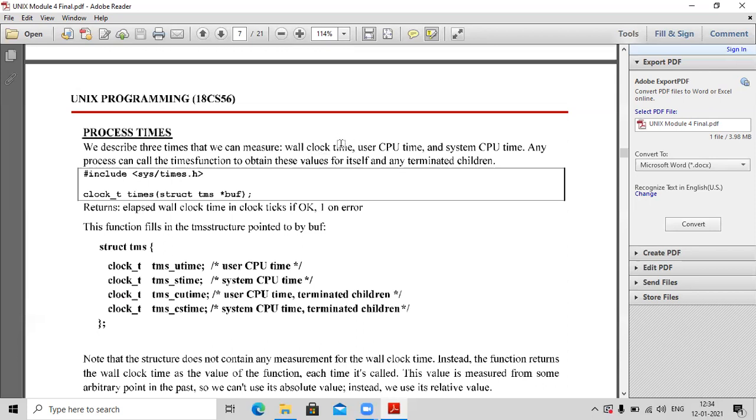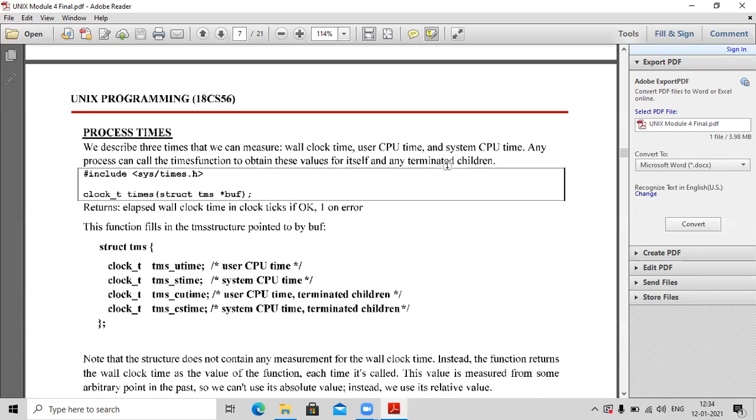So if any process which is running wants to obtain any of these three times for that particular process or for any terminated children, then it can call this particular function called times. As you can see, any process can call the times function to obtain these three values for itself or for any of its terminated children.